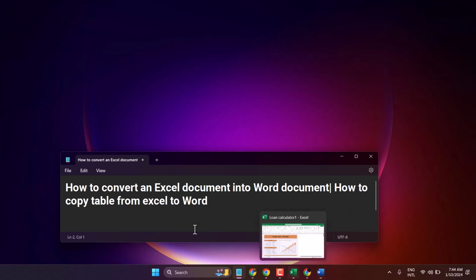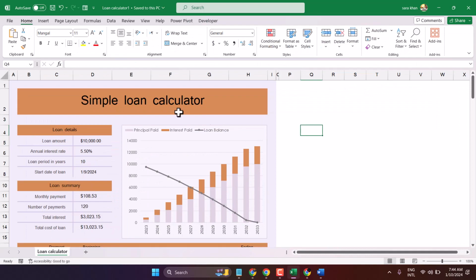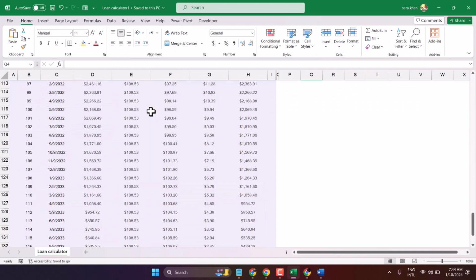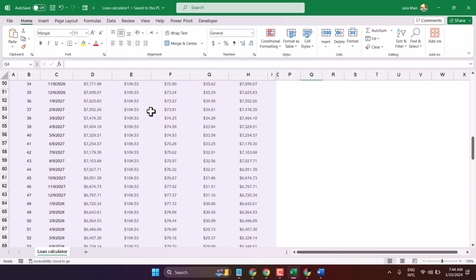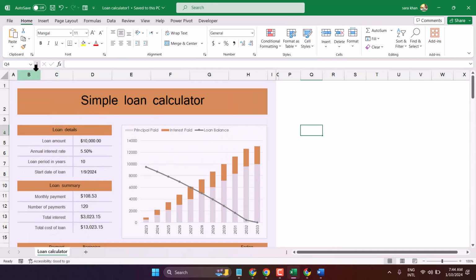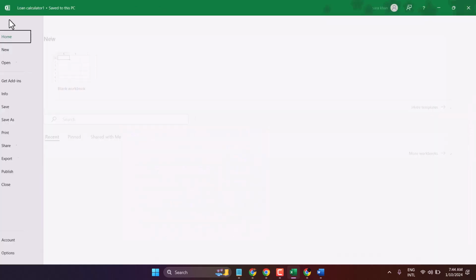In this video, I will show how to convert an Excel document into Word document. So guys, if you want to copy table from Excel to Word, like we have this Excel document. So firstly,